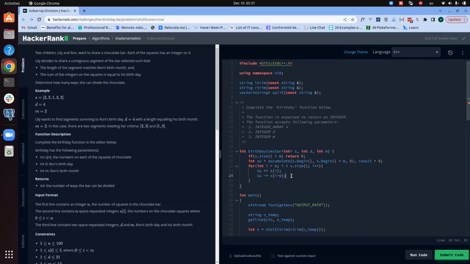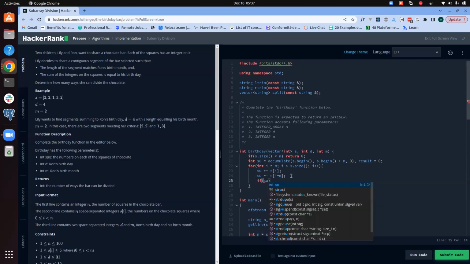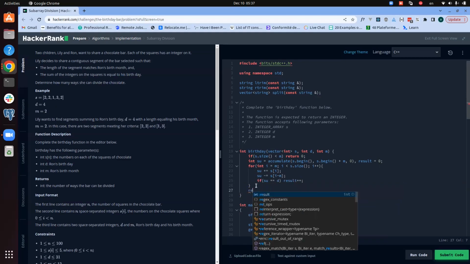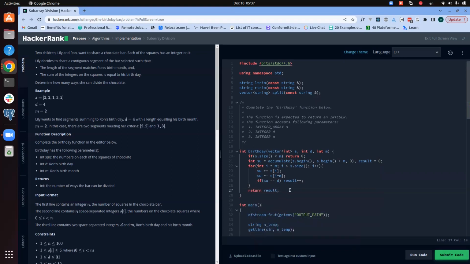So now once you have this, you need to check if su is equal to d, then this is a solution. So you increment the result, and then here you just need to return the result. Before submitting this,